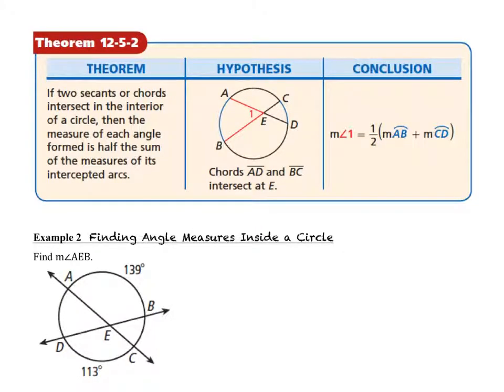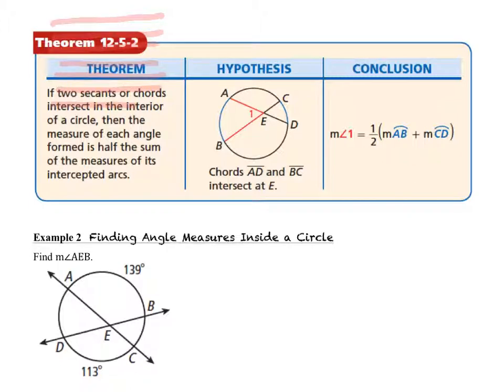Okay, notice we don't know the center of this circle. So we don't have information there, but what we have, it says if 2 secants or chords intersect in the interior of a circle, then the measure of each angle formed is half the sum of the measures of its intercepted arcs. It's almost like an average. So if they're meeting in the middle,